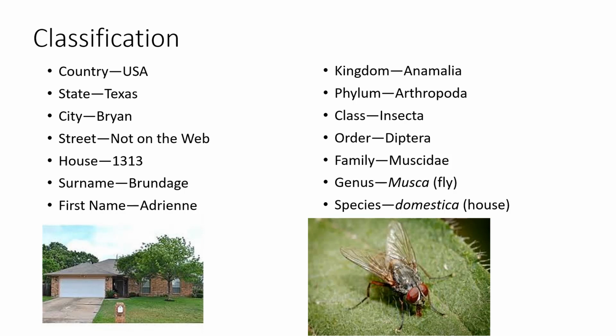Now, the way that we classify these things is kind of like how we write addresses. So I've got on the left here an address for you. Basically, if you were writing, say, a letter to me, you would start with the largest group. And we don't say the world because there's no other place to send these things to at the moment. So we start with the largest group we have on Earth, which is the country. So for my address, we start in the United States.